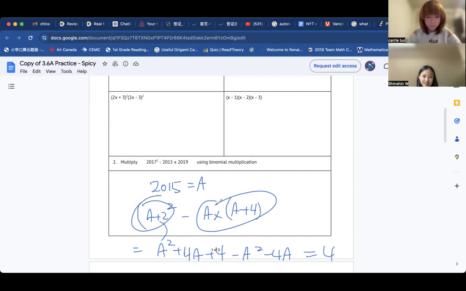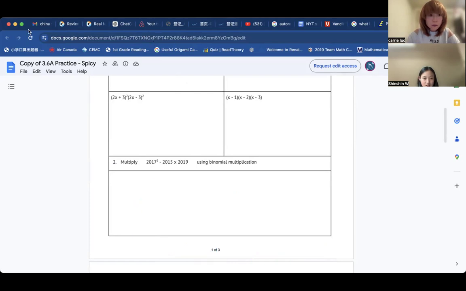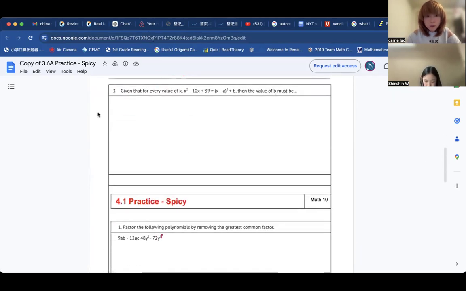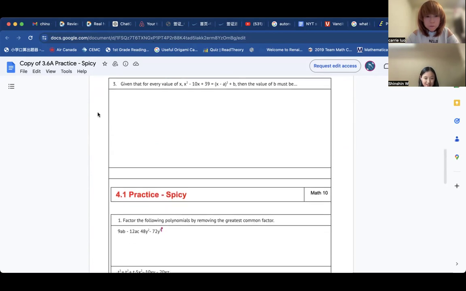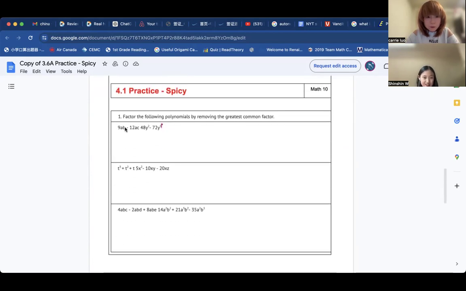And then there's the 4.1 part where you have to factor out the greatest common factor. It's on the next page down. Number 3. Number one on the next one, this one. Factoring the following polynomial by removing the greatest common factor. So, first of all,